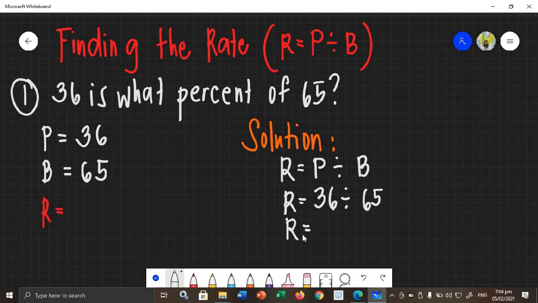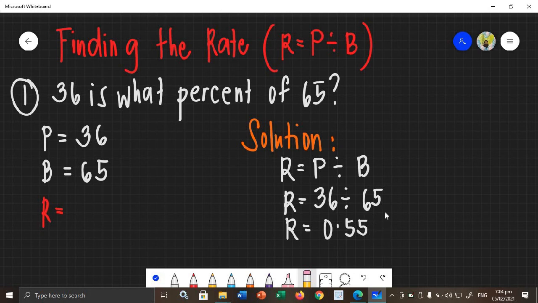Okay, 36 divided by 65 is equal to a non-terminating decimal again. So that is 0.5538 and then so on and so forth. If that is the case, round off up to 2 decimal places. So round off to the nearest hundreds. 5 yung hundreds mo, katabi niya is 3, so round down. So it will become